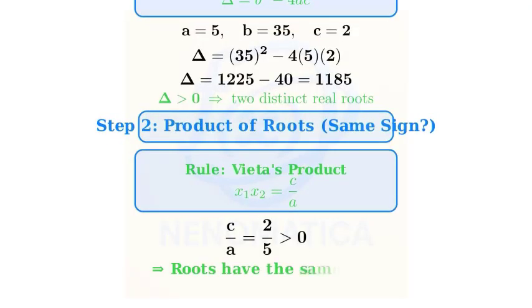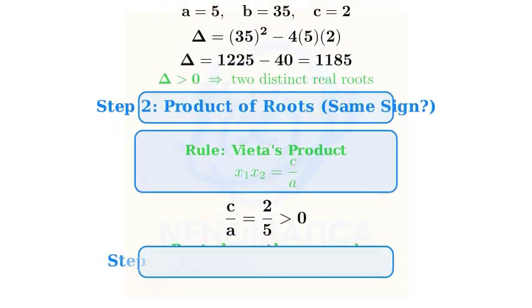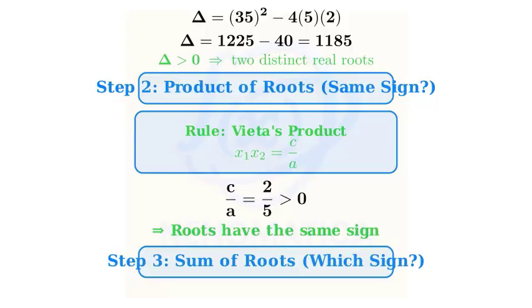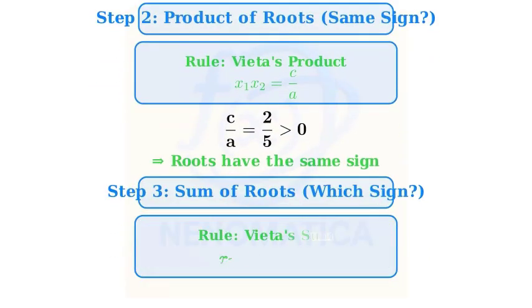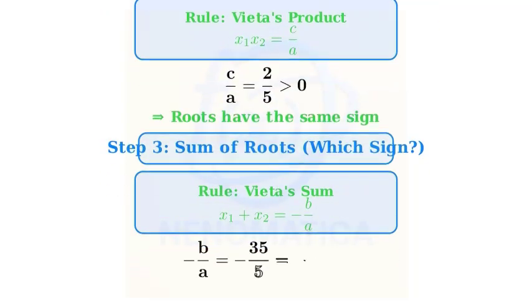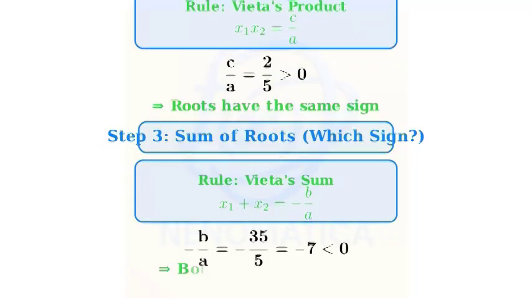Step 3. The sum of the roots equals -b over a. Here, that is negative 35 over 5 equals negative 7, which is less than 0. Since the sum is negative and the roots share the same sign, they must both be negative. To visualize the sign conclusion,